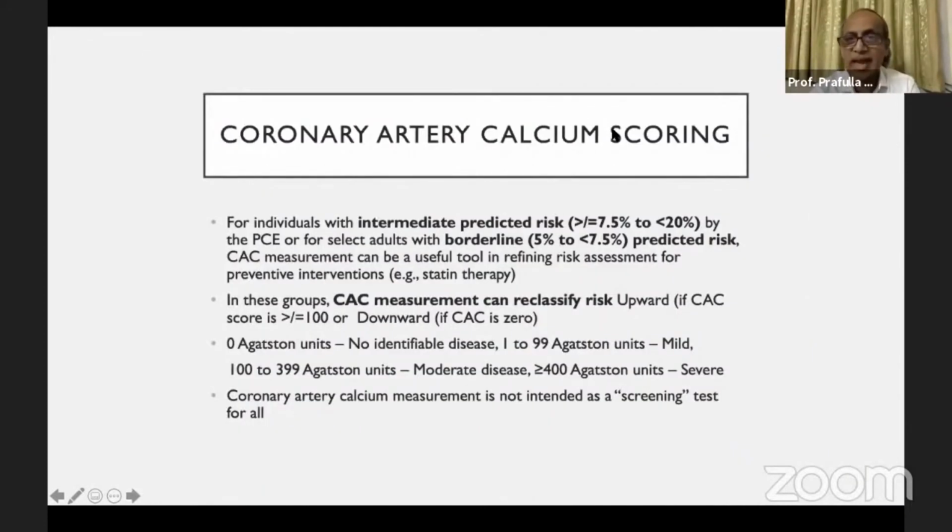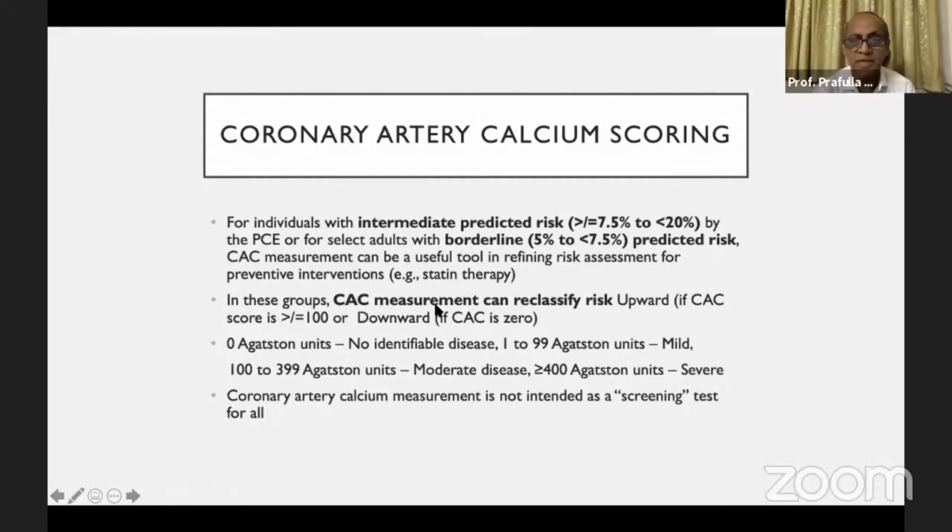As far as coronary artery calcium scoring is concerned, we recommend it for the intermediate predicted risk people, the borderline, the middle group. We do recommend doing a coronary artery calcium measurement, which is a useful tool, and we can decide whether this group gets onto statin therapy. For instance, this particular patient could be a candidate for a coronary artery calcium measurement, but based on her diabetes and her other parameters, even the ASCVD risk classification itself tells us that she is a candidate for